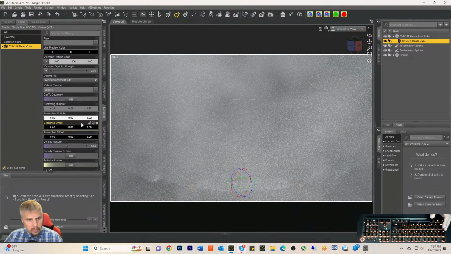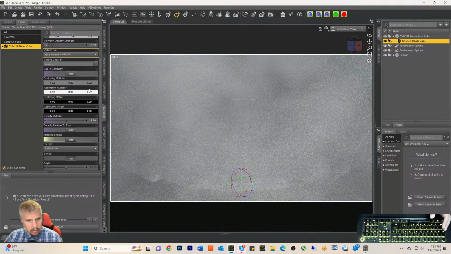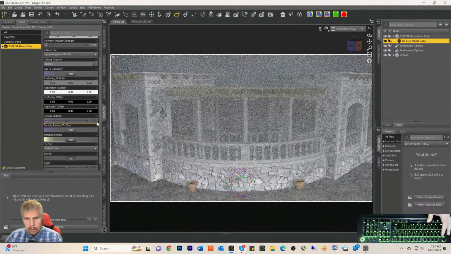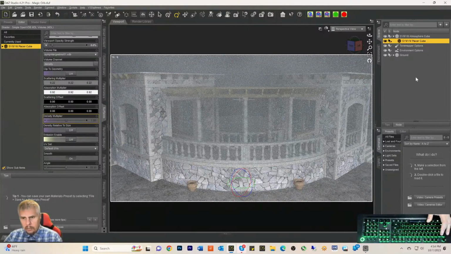And we can take the geometry density down a bit right here. This is at 5. Let's go to 1. And we could even go down to 0.5,